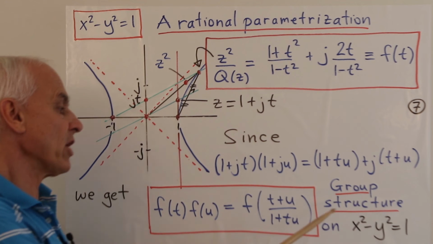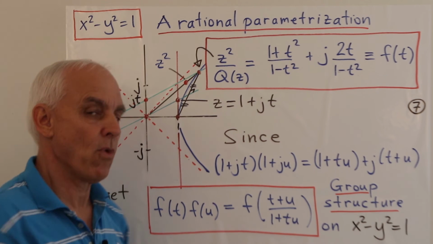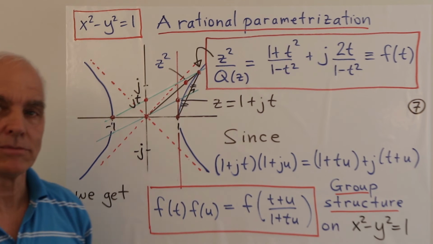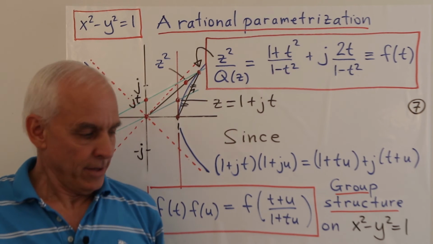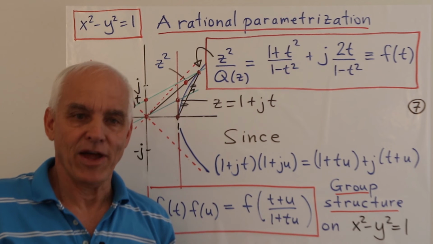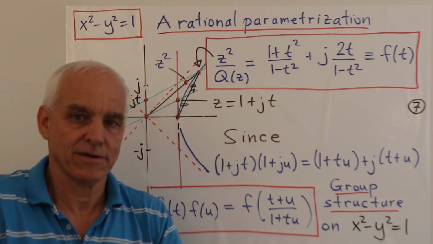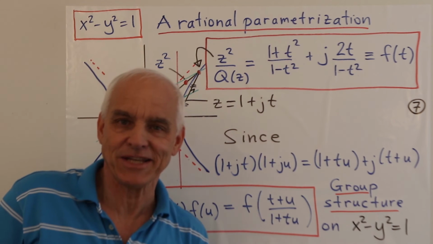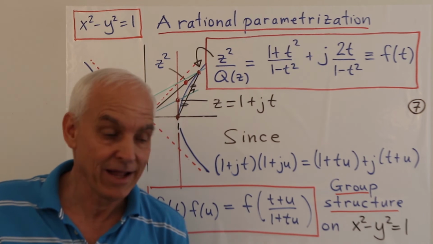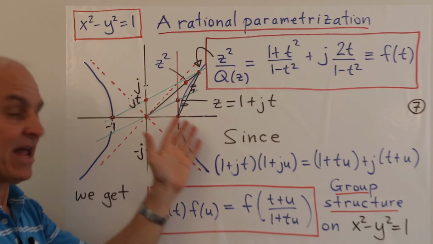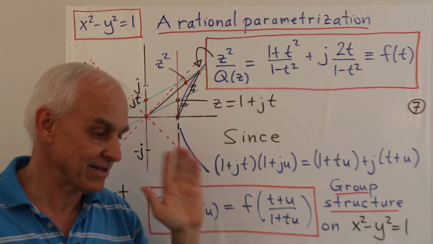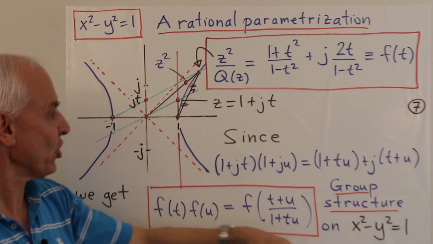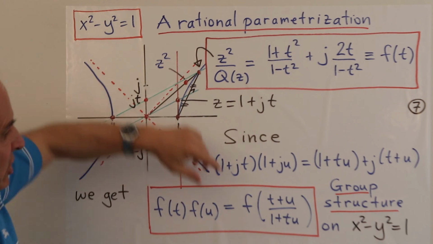So this gives a group structure on x squared minus y squared equals 1. Again, with this point here somehow being excluded. Okay. And this is entirely analogous, and for relativistic studies, like if you're a physicist and you're interested in Lorentz transformations and understanding Einstein's special theory of relativity, this is exactly what you need, okay? This is exactly the kind of algebra that you need, this kind of group structure and the associated transformations of